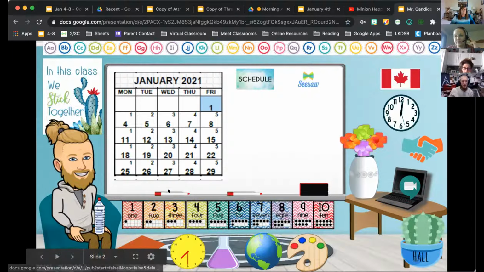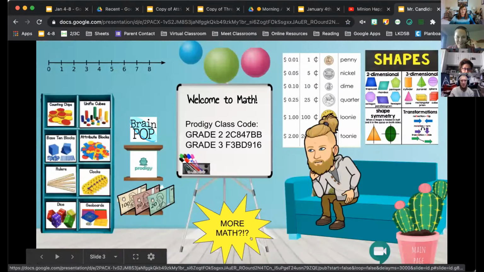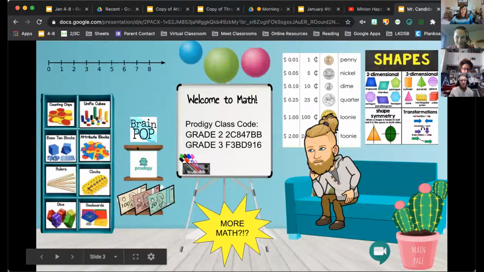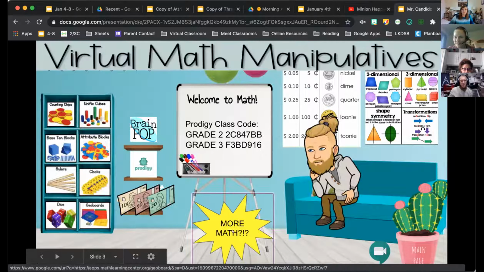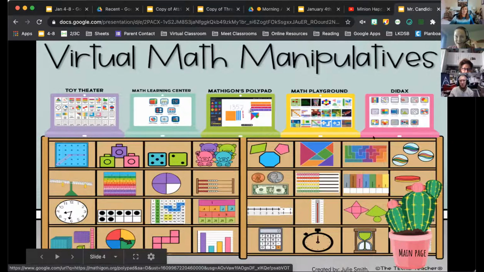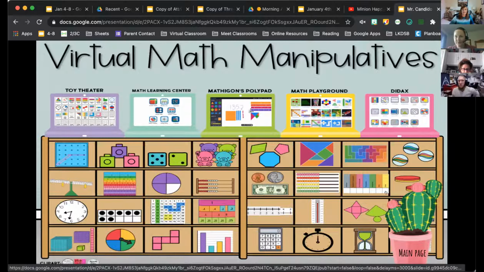That's a really good tip. Yeah, so our math class is down here, and they just click on it, and then I have different class codes. So this was what I originally had, and then I found an expansion, so there's a whole bunch of new things. You can click on any of these, and it brings you to different resources. What grade do you teach? I do 2-3, so I'm homeroom. Yep.